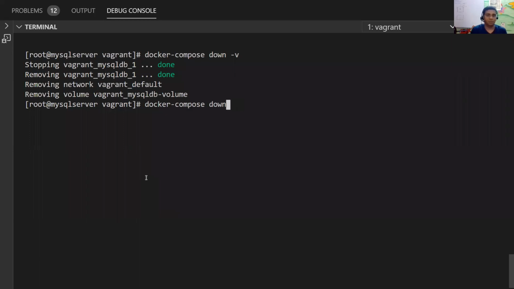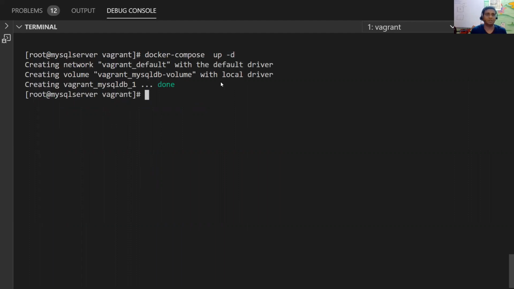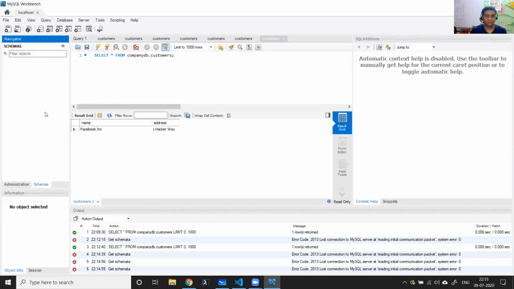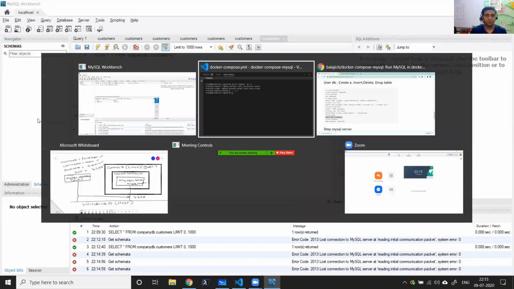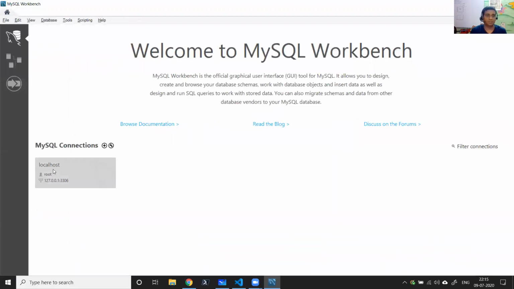Now let me do docker compose up -d. This brings the MySQL server up in detached mode. Once again, it's nothing but an empty MySQL server. If you do a refresh, there are no schemas at all. So let me connect once again.